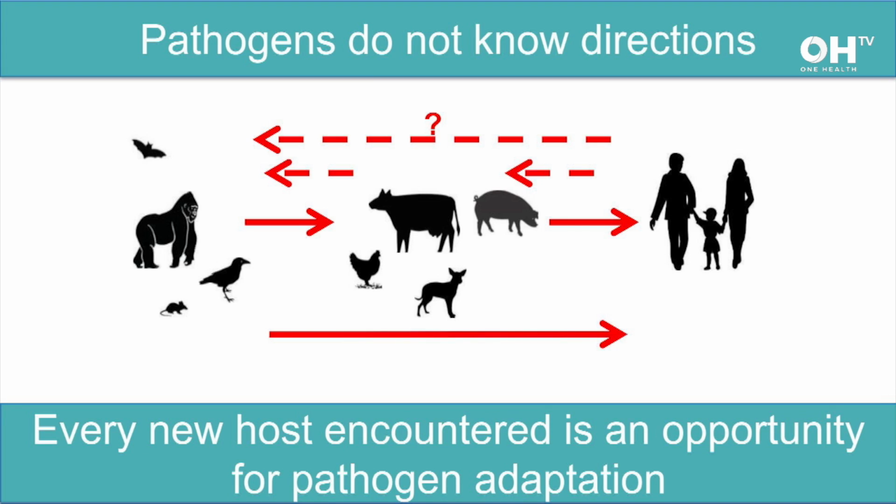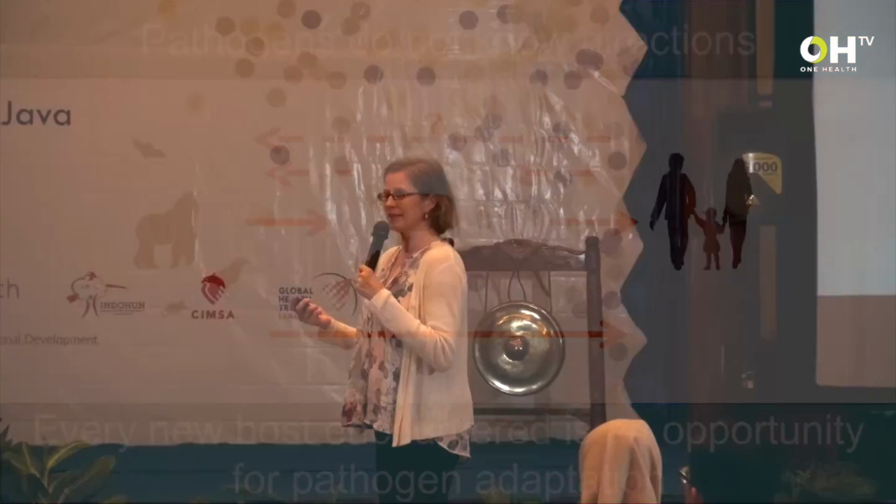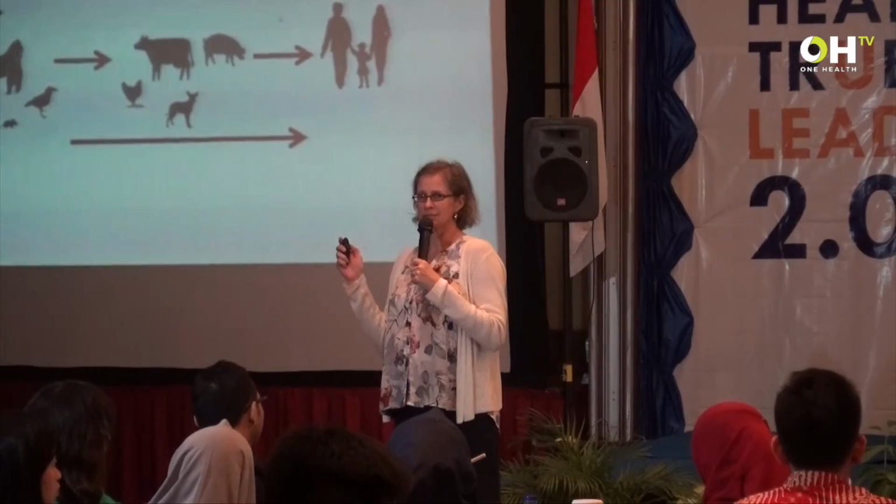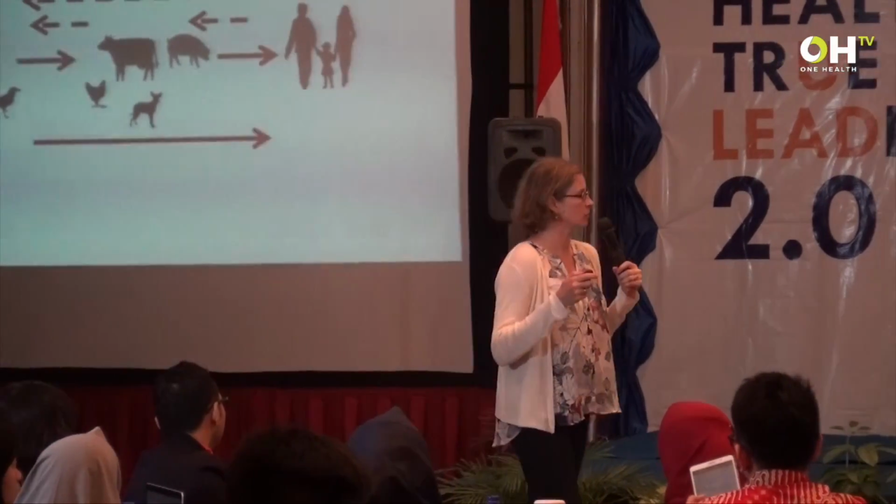Okay, some challenges related to infectious disease management, particularly from a One Health perspective, is that pathogens don't know directions, do they? Right? So we spend a lot of time as humans, because we're speciesist, we're concerned about ourselves, and understandably so. We spend a lot of time concerned about what are the pathogens that we can catch from animals, right? Rabies, brucellosis, malaria, Zika. We can name a long list of potential pathogens we can catch from animals. Okay, so we're very concerned about this direction. But pathogens don't know that, and they go back and forth just as easily, okay?